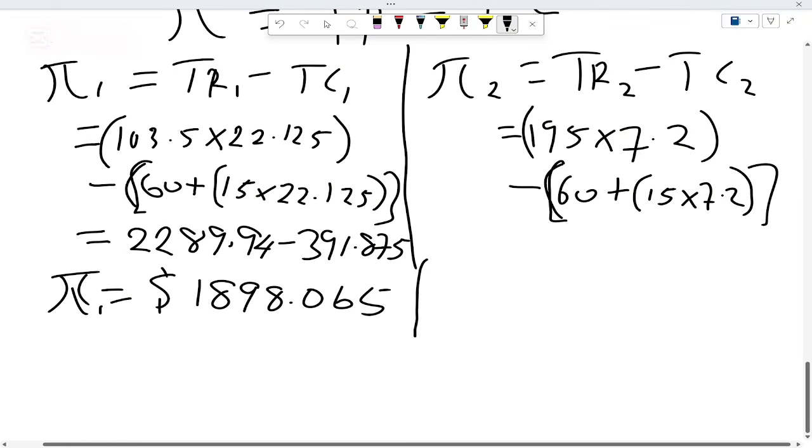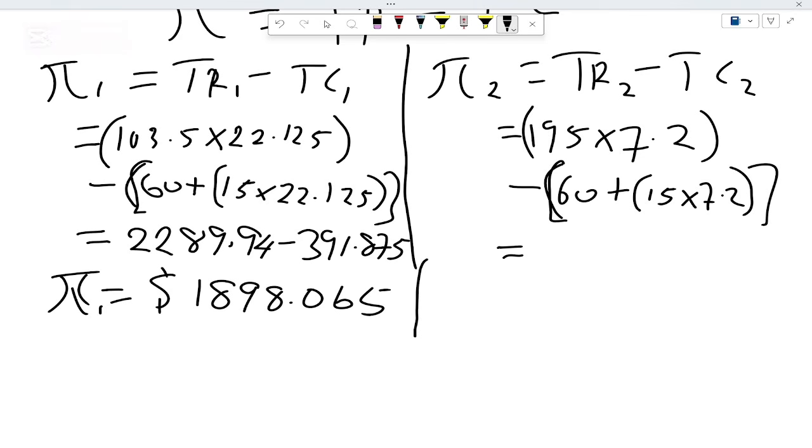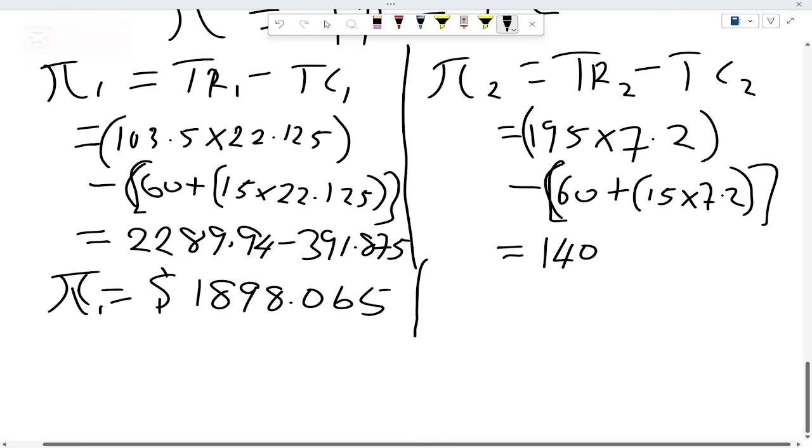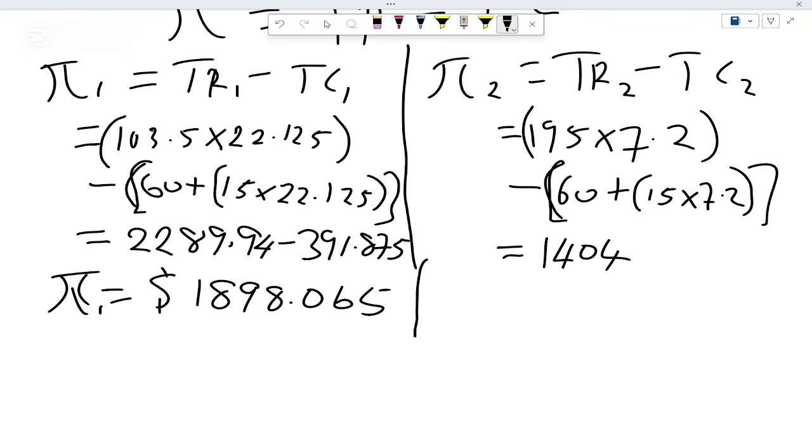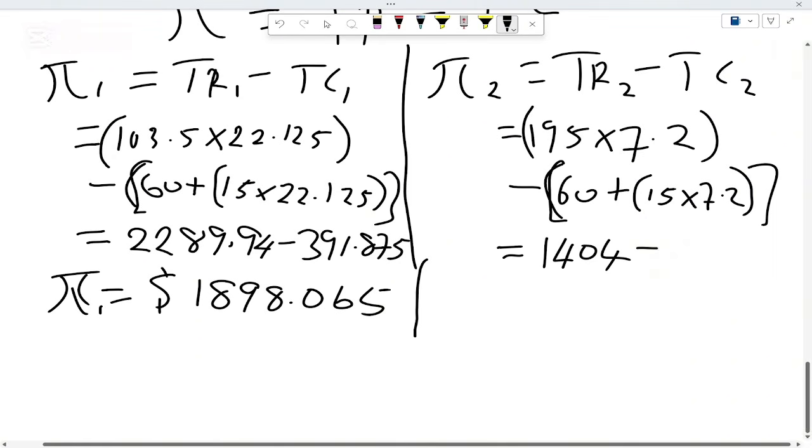Close the smaller bracket and close the big bracket. By the time you do the operation in the brackets, you have 1,404 from the first bracket, that is 195 multiplied by 7.2, then minus 168. So your profit in the second market is